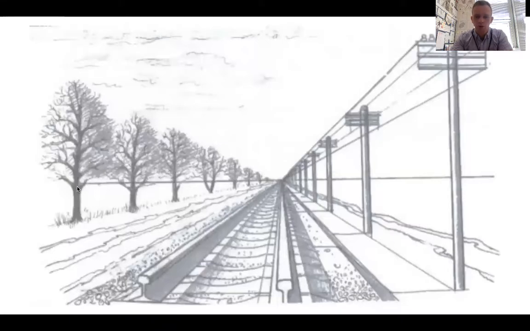Some basic terminology that you need to know. Horizon line, vanishing point, perspective. Okay, horizon line is where sky meets the earth. It's the furthest point that you can see on the land or the sea. The vanishing point